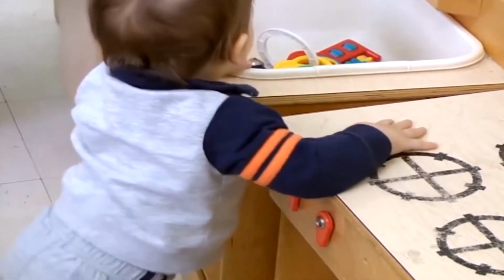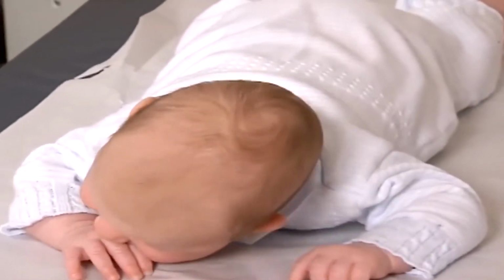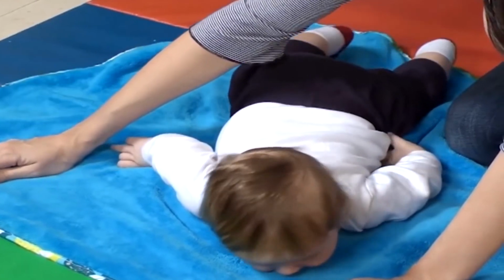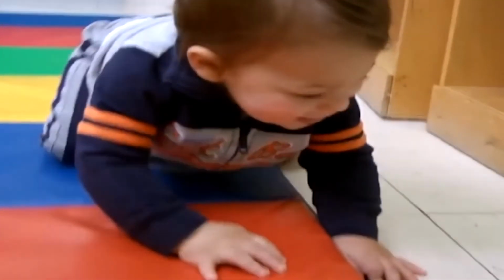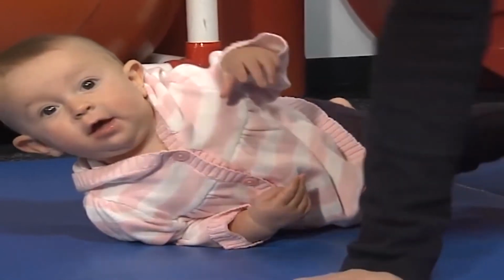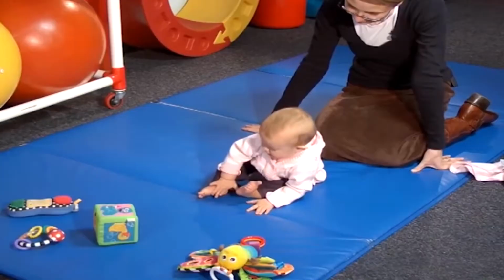As they lack the experience of lying on the stomach, they are not able to develop the extensor strength, or strength of back muscles. Also, this inhibits the use of hands for bilateral activities. The child lacks the midline orientation, that is, bringing the hands to the midline of the body and visual regard to hand in supine position, or lying on back. Reaching and